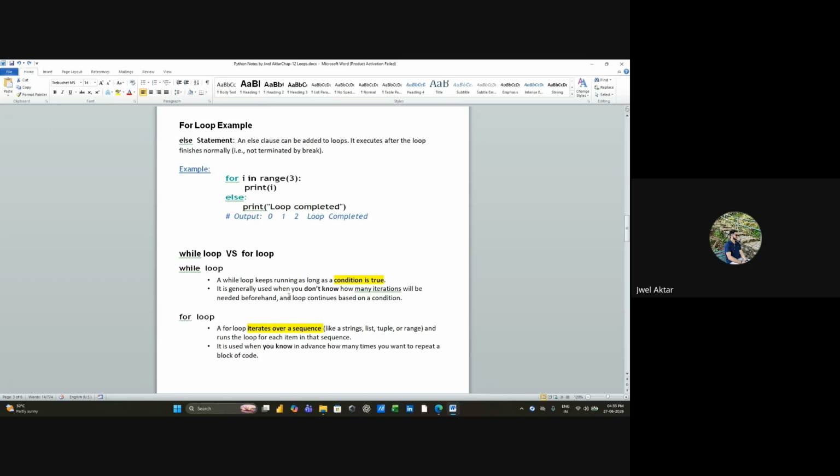So this is basically a while loop, and a for loop iterates over a sequence, like a string, list, tuple, or range. It runs the loop for each item in the sequence, sequentially. It is used when you know in advance how many times you want to repeat a block of code. Suppose you know how many times you need to repeat a block. So at that time,